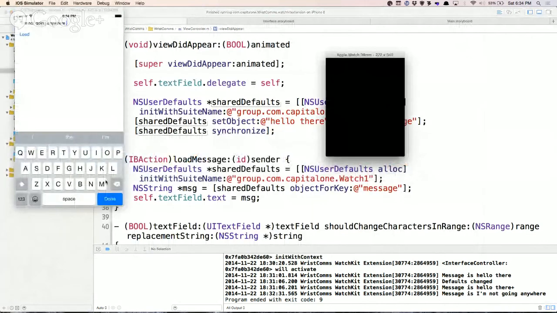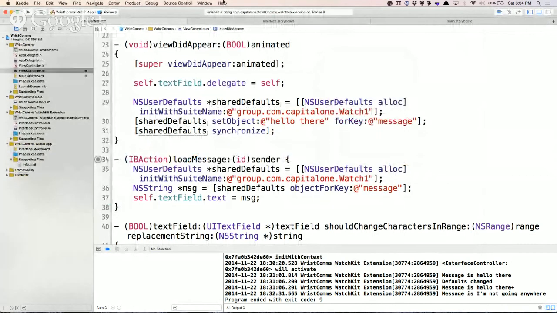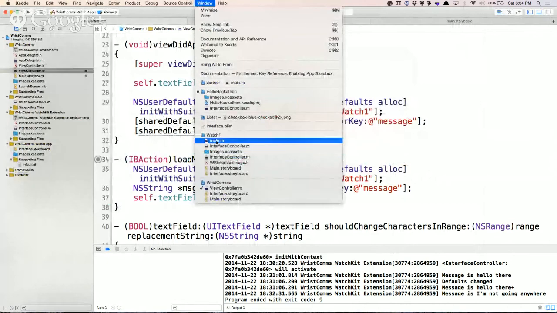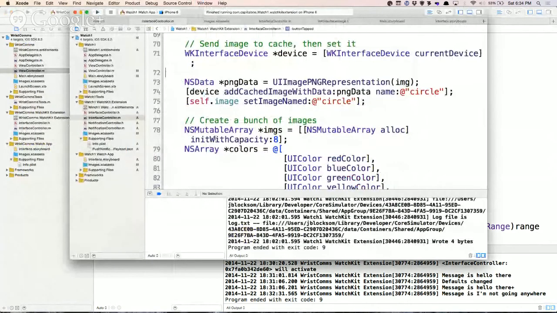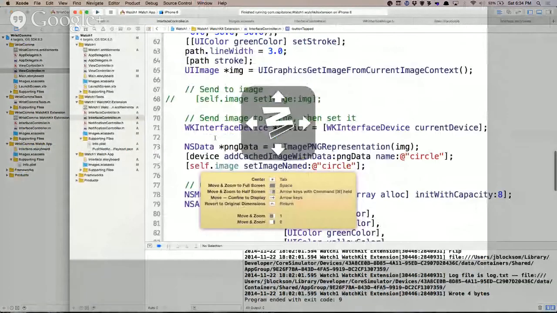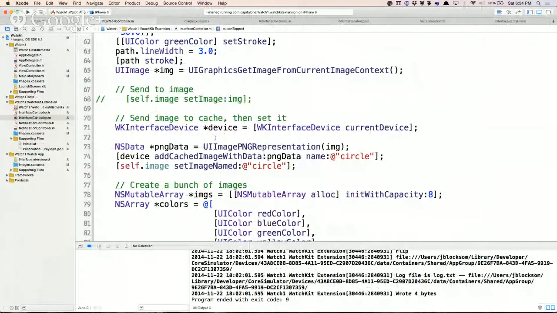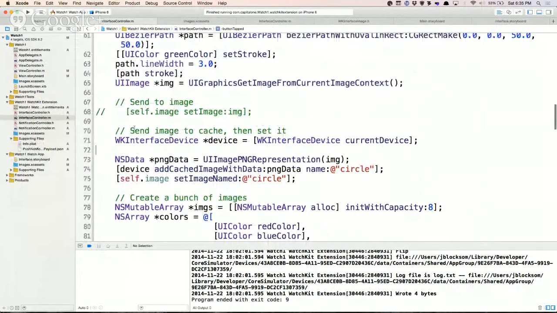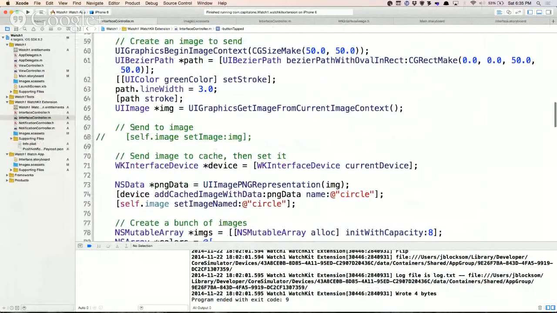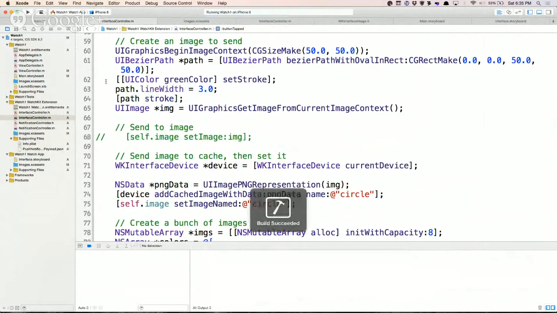where we could make changes on the watch, save it, cause a file to be changed in the extension, and through GCD we observe those things being modified. By the way, here's the code to make an image and send it over by lines. Don't worry about it. This is kind of my kitchen sink app where I'm playing with everything. You'll be able to tell that when I run it,